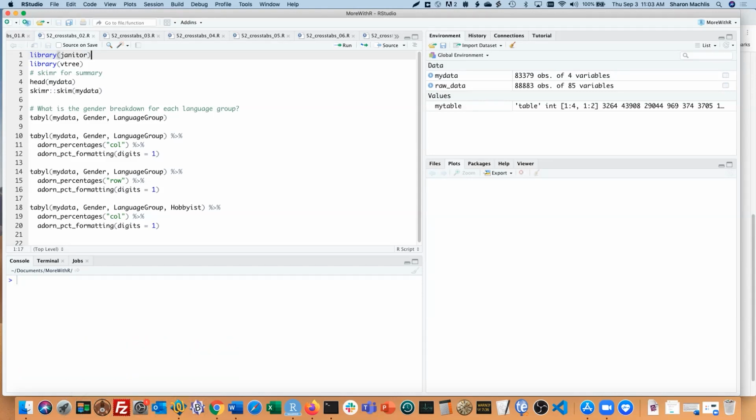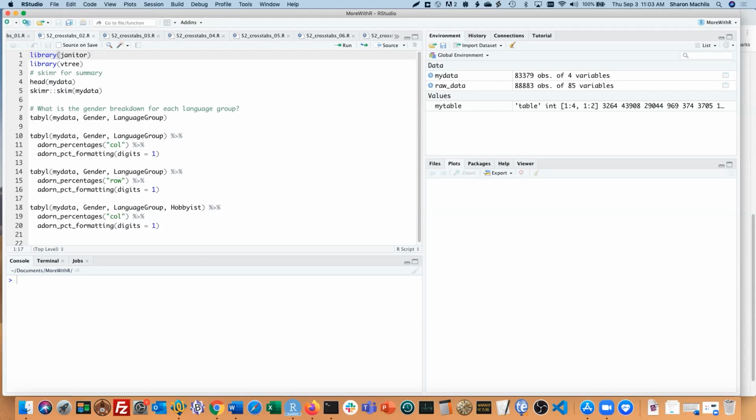Crosstab reports summarize data by two or more variables. For example, how did people vote on ballot question 1, broken down by gender and age group? There are a few ways to generate a crosstab report in R. I'd like to show you some of my favorites.